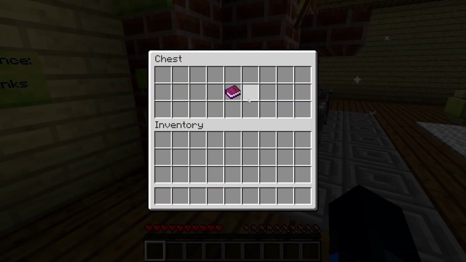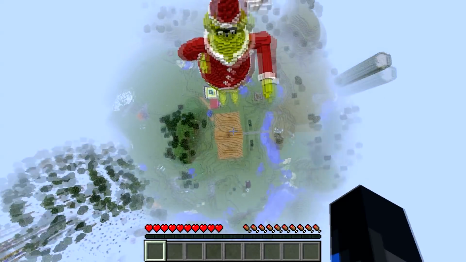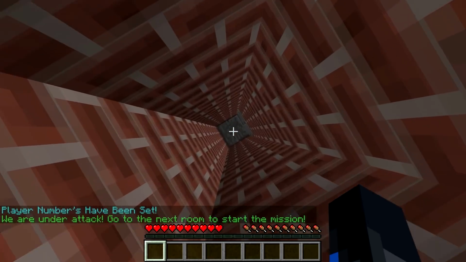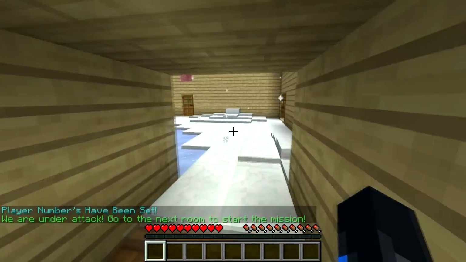So in this chest here we have the lovely cheat book. Essentially it's going to tell you everything that I'm going to show you in this video. We are setting our player numbers here. Once those are set, we can now drop down into this chimney and go into the next room where the